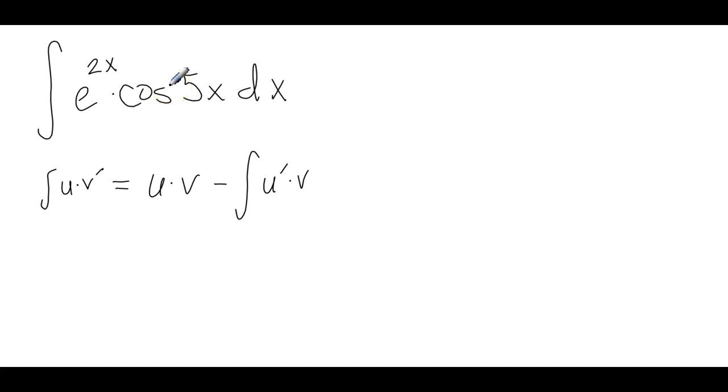If you remember when we were doing parts, we wanted u to be a function that when I took its derivative, this new integral over here became a simpler, easier integral to work with. Well, if you think about it, the derivative of e to the 2x is e to the 2x times 2. So if we made that u, it's not any simpler. It's 2e to the 2x. All right. If we made cosine